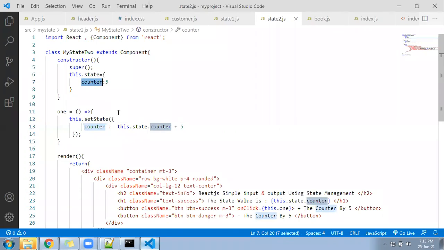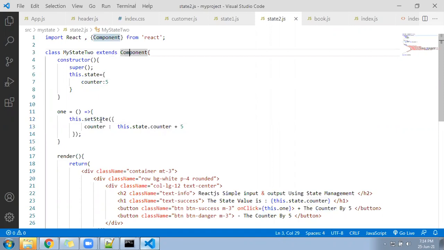So remember, in React.js under the class component, whenever you change any value under the state variable with the help of the set state function, remember what? Here, counter is the state variable, and setState is a predefined function that comes from your component class.